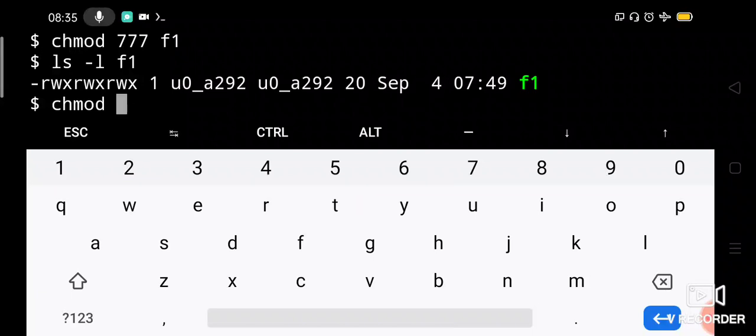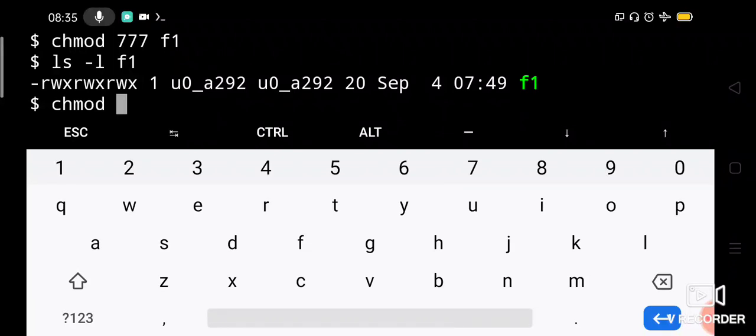You cannot give only two octal numbers or one octal number. You have to give all three octal numbers, which represent permissions for all categories of users. So let us give all permissions to the user, only read and execute permission for the group, and only read permission for others.